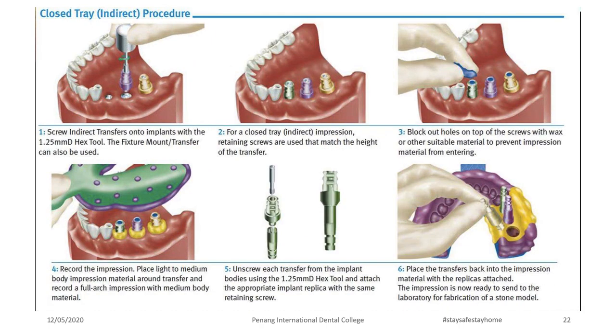Now is your closed tray technique. In this, you do not have to make any kind of open window in the impression tray, that is your custom tray. You place your abutment on, or screw your abutment onto the implant, and just go about taking an impression how you do for prosthesis or bridge cases. Once you have done that, you take out the impression, you unscrew the abutment,